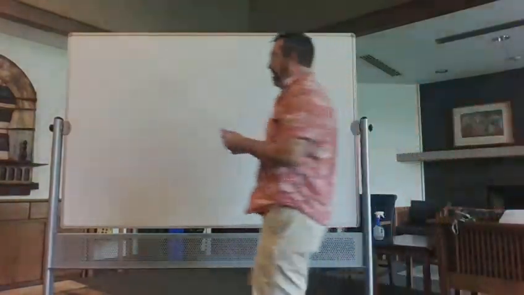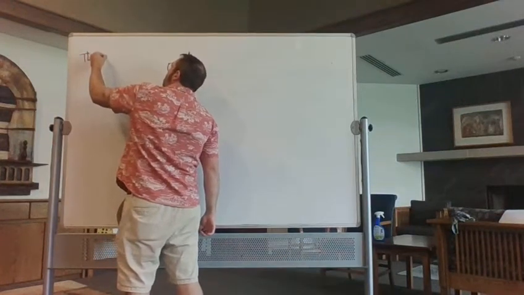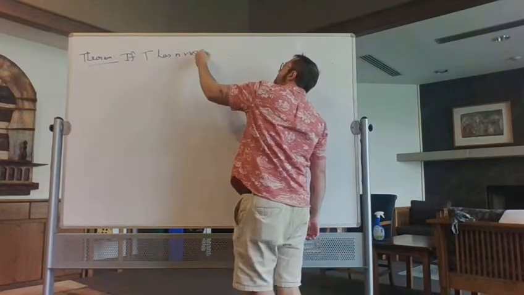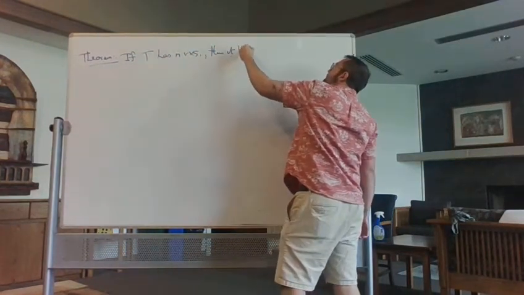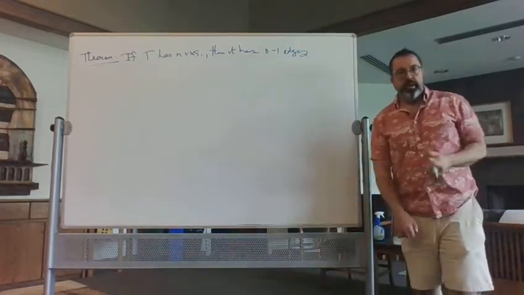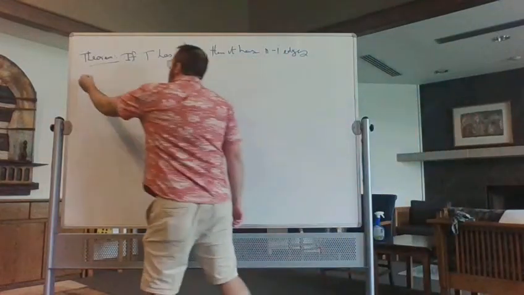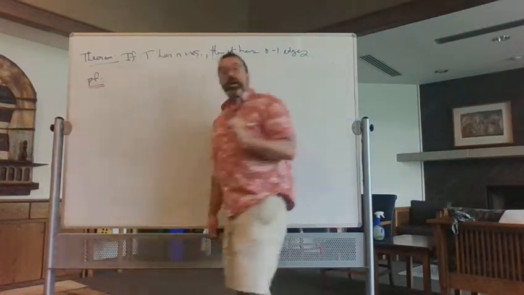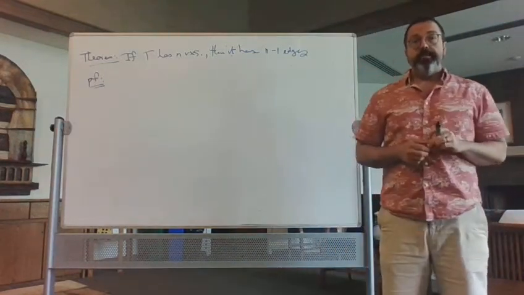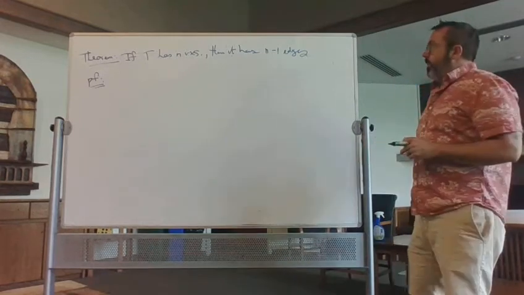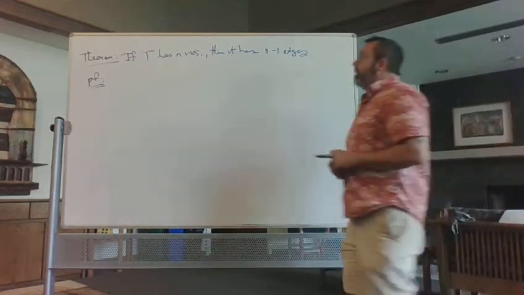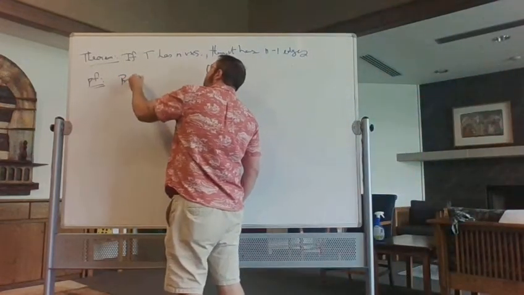So remember, the theorem says, just as a reminder, if T has n vertices, then it has n minus 1 edges. That was the observation we made on this side before I erased it, looking at all those examples. The proof of this, by the way, goes two ways. If you have a graph that has n vertices and n minus 1 edges, you know it's a tree. That's a connected graph that has n vertices and n minus 1 edges. So this is an if and only if thing. We're not going to prove that. So, proof. By induction